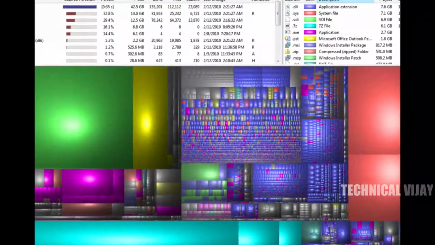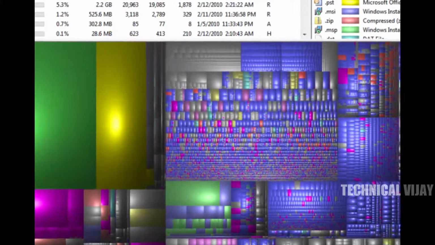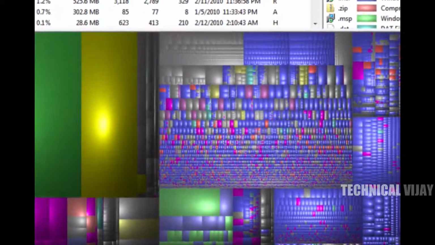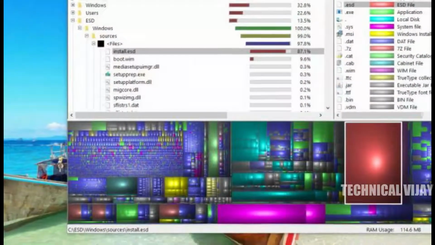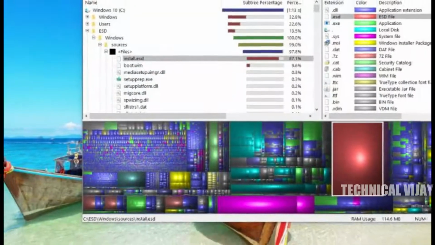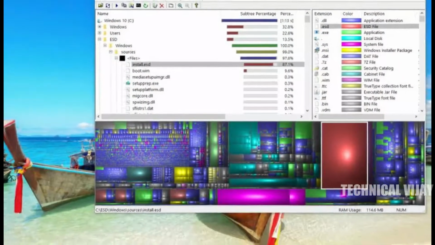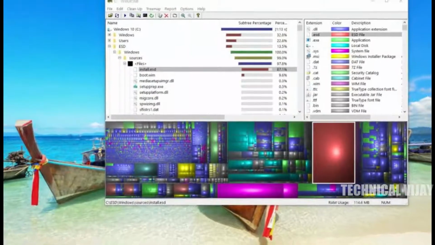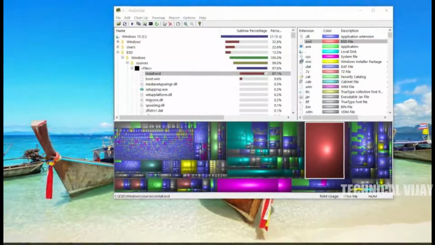The tree map represents each file as a colored rectangle, the area of which is proportional to the file size. The rectangles are arranged in such a way that directories again make up rectangles, which contain all their files and subdirectories, so their area is proportional to the size of the subtrees. The color of the rectangle indicates the type of the file. The cushion shading additionally brings out the directory structure, and by seeing this we can analyze which folder has what type of file and what is the size.